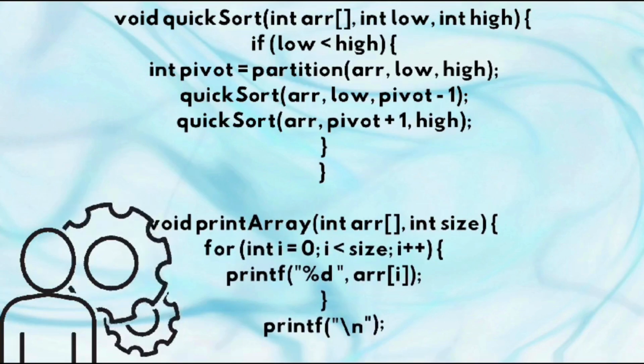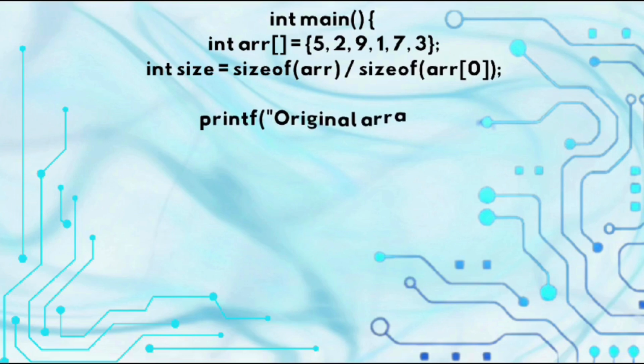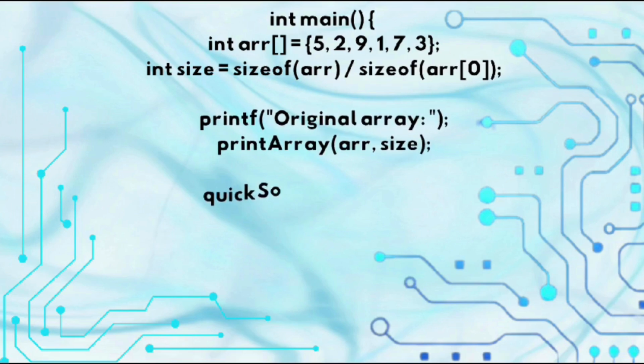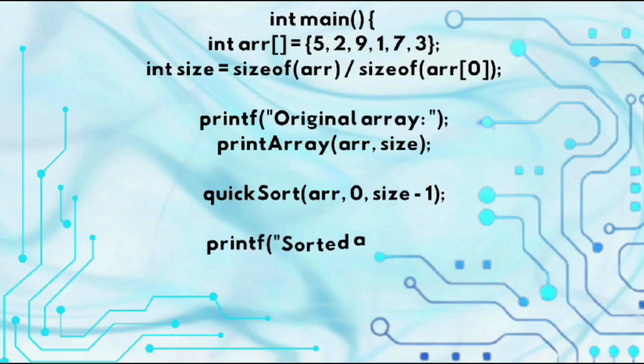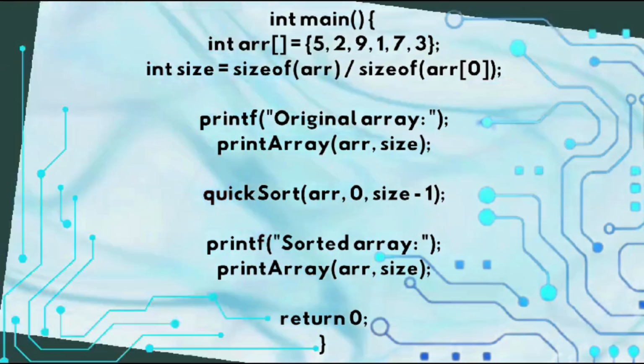void printArray(int arr[], int size) { for (int i = 0; i < size; i++) { printf("%d ", arr[i]); } printf("\n"); } int main() { int arr[] = {5, 2, 9, 1, 7, 3}; int size = sizeof(arr) / sizeof(arr[0]); printf("Original array: "); printArray(arr, size); quicksort(arr, 0, size - 1); printf("Sorted array: "); printArray(arr, size); return 0; }